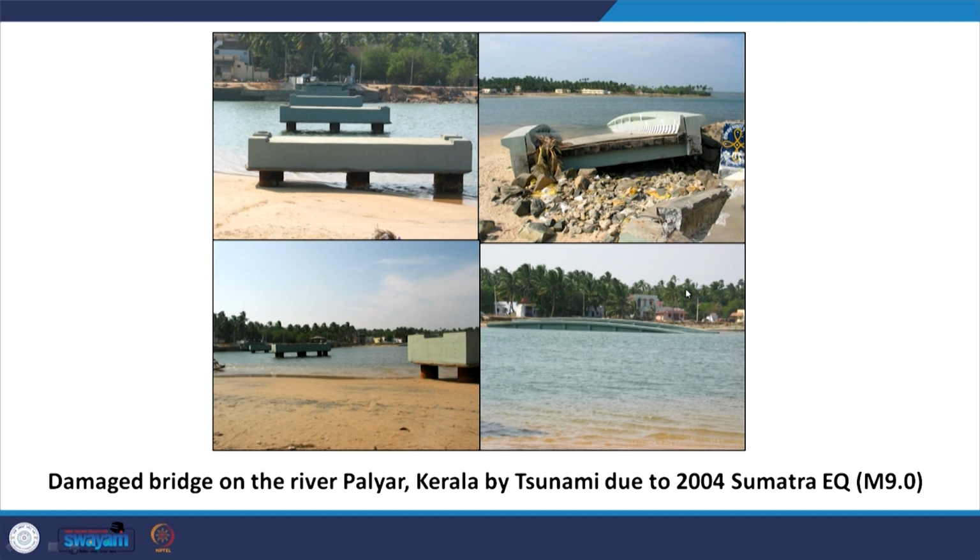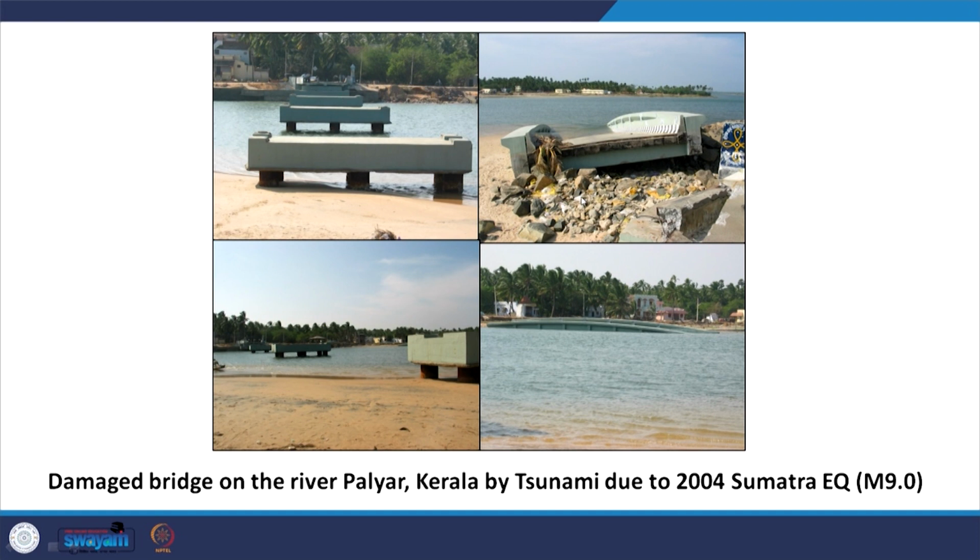In January 2005, after the Sumatra earthquake, which caused a lot of tsunamis, and you may be aware that in the 2004 Sumatra earthquake in South India, there was no damage due to the earthquake, but damage was due to the tsunami, but the reason for the tsunami was the earthquake itself. So, due to the magnitude 9 Sumatra earthquake, there were tsunamis, and the tsunamis caused damage, and this photograph is showing this. There are 4 spans of the bridge, and you could see that not even a single span remained,